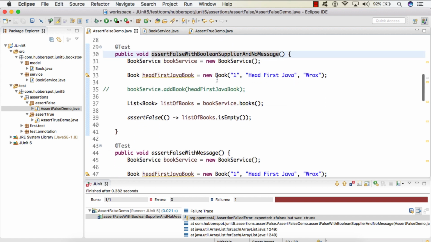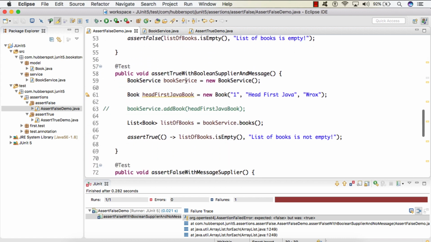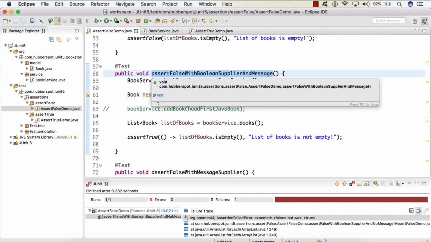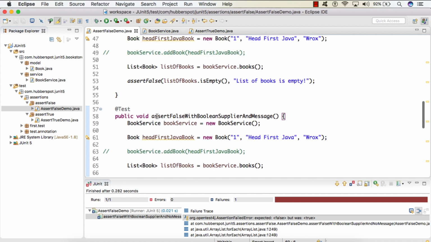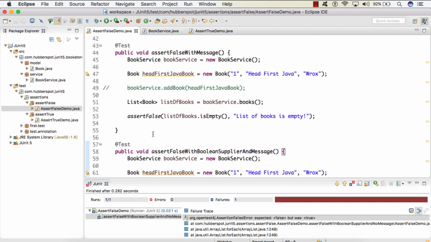So now let's see one more overloaded method. Assert false with a boolean supplier and a message. So here you can see the only difference that we saw in the second overloaded method, which takes in a boolean condition and a string message.